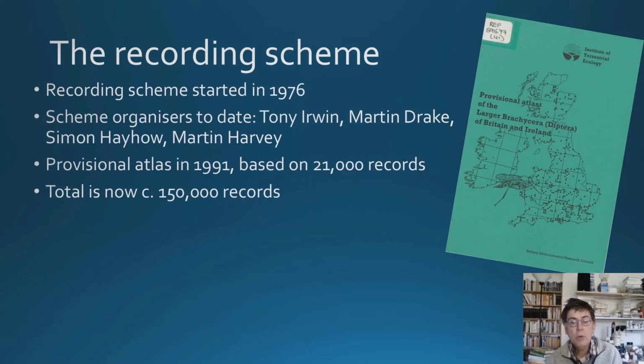So a little bit about the recording scheme. It started up in 1976, so it's been around for a little while, and I'm the fourth person to have the privilege of running the scheme. Over the years, the records have built up. Back in 1991, Martin Drake published an atlas based on the 21,000 or so records that were available at that